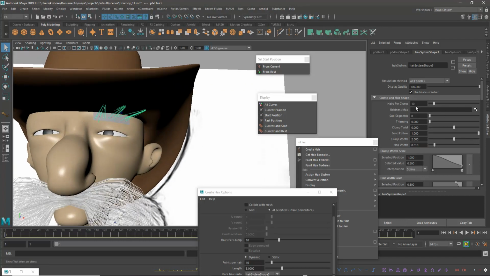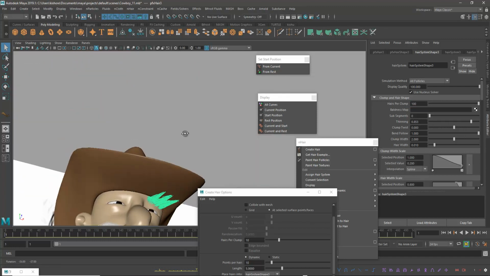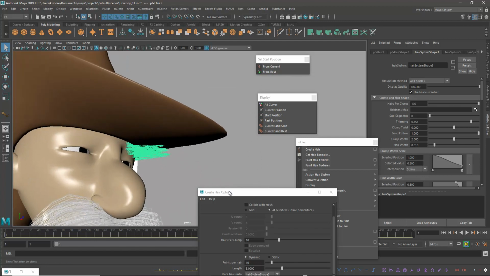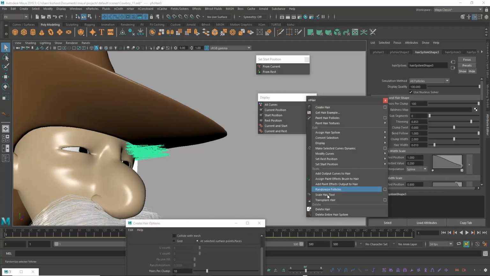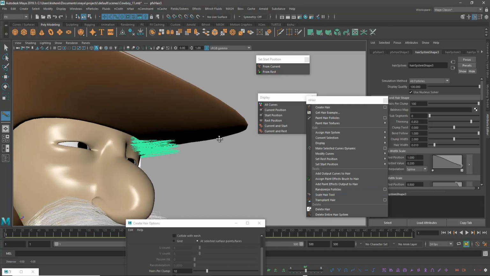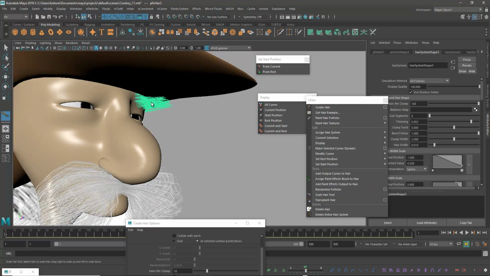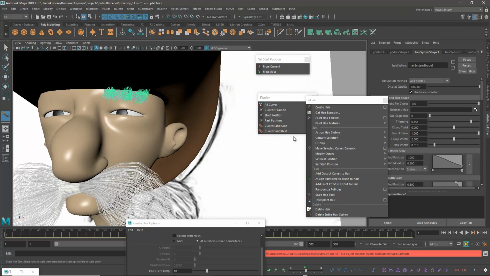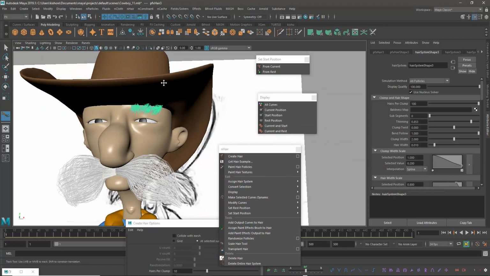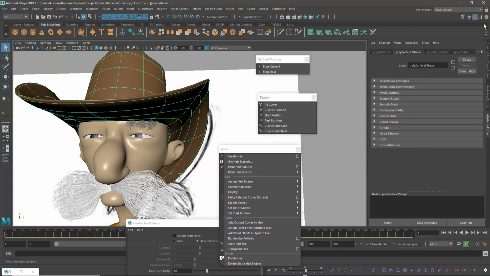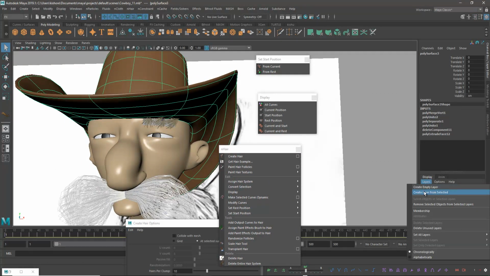Okay, and increase the clamp per hair, something like 100, and here I'm just reducing and increasing thinness. Okay, and I don't need it too lengthy. I just want to reduce again with the scale hair tool, a little scale down. Okay, and again I just want to hide the hat for some time